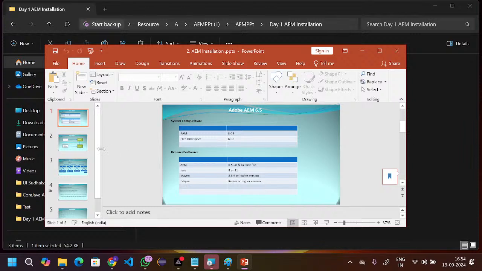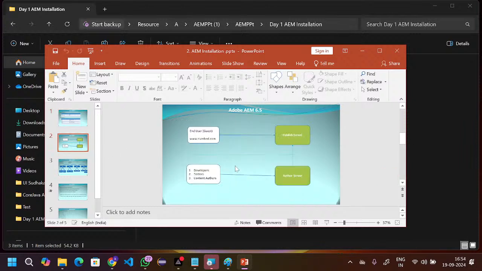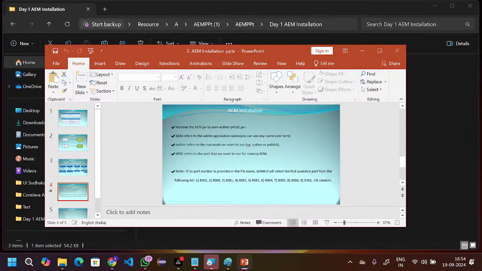These are the softwares we already did, and this is the diagram: developers, author server, publish server, and where we have the end user. The end user tries to search any request. So this is the process which happens in the backend. Okay. Now if you see here,